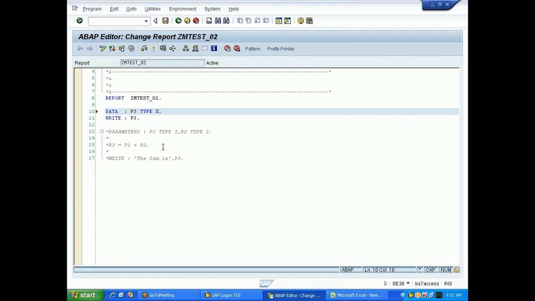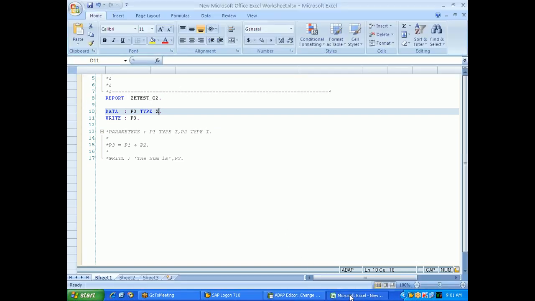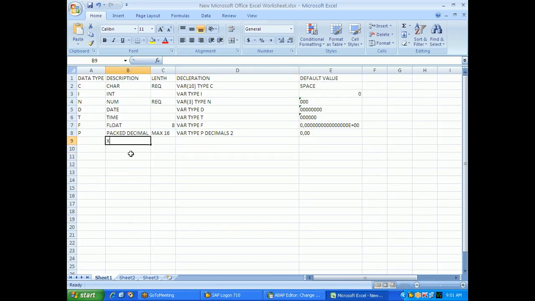Then the next one, type X. X stands for XSTRING. Sorry, I need to write XSTRING here. XSTRING is generally used to store hexadecimal values.